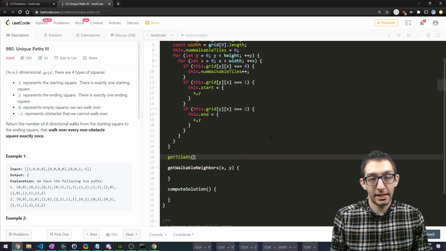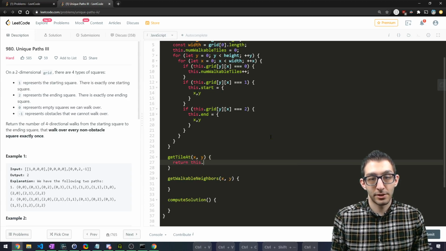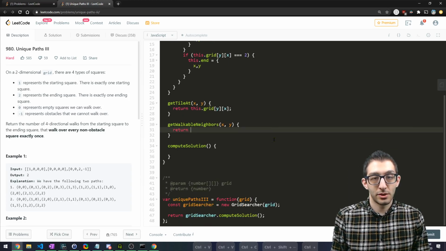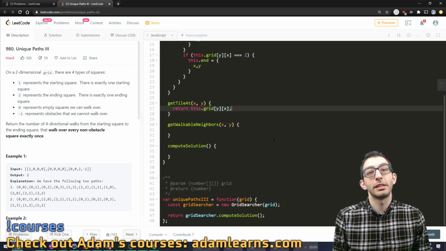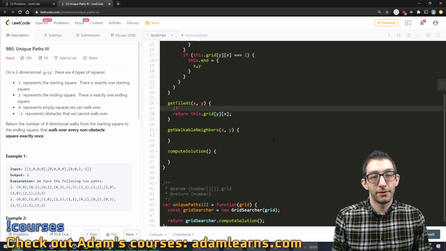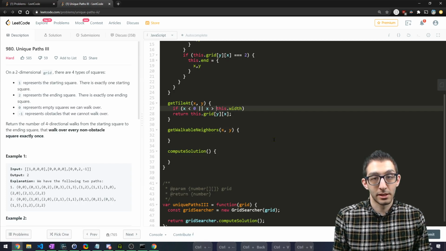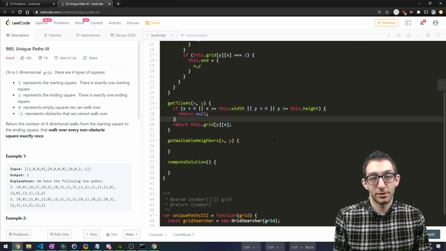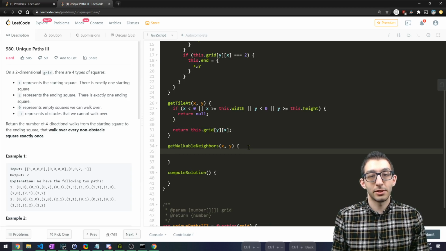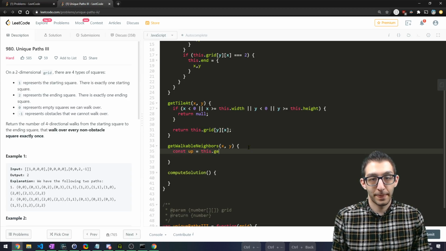So we'll say get tile at x, y, return this dot grid y, x. Okay, and if it's out of bounds, we don't want that, so we'll need to check this. If x is less than 0, or x is greater than or equal to width, or y is less than 0, or y is greater than or equal to height, then return null, otherwise return this. Sounds good. So the walkable neighbors are going to be up, get tile at x, y minus 1,